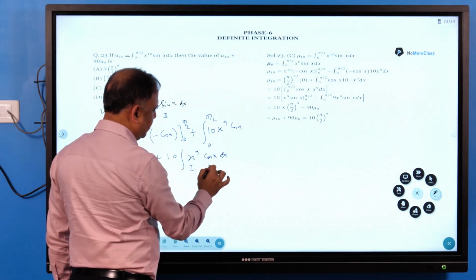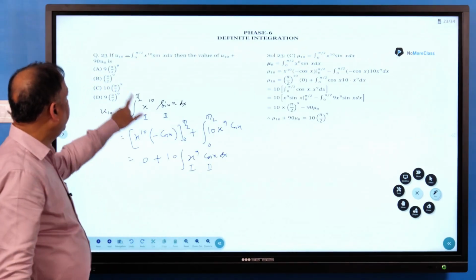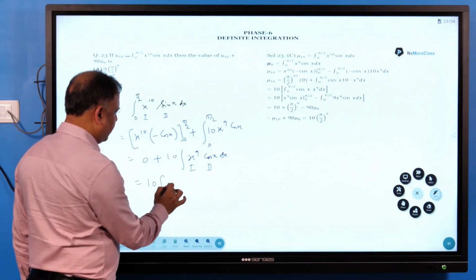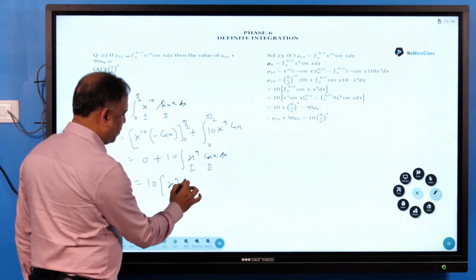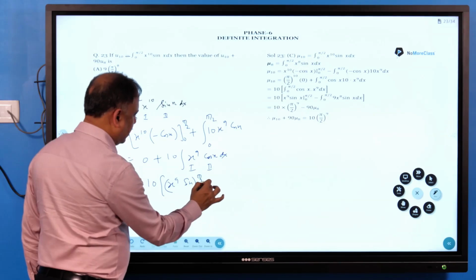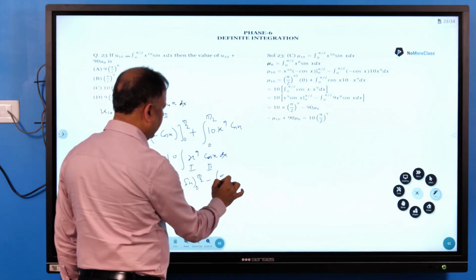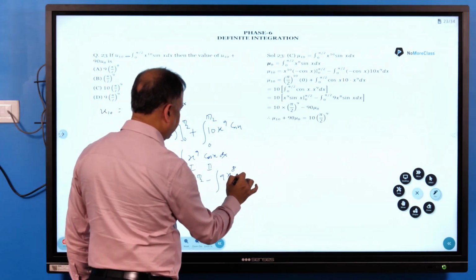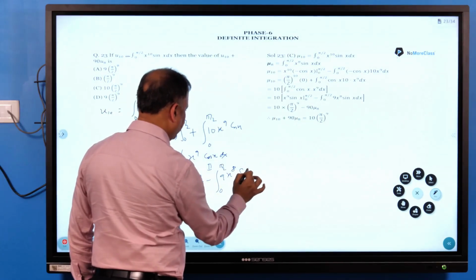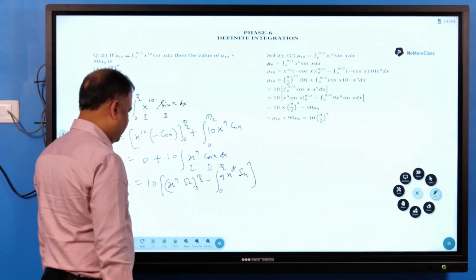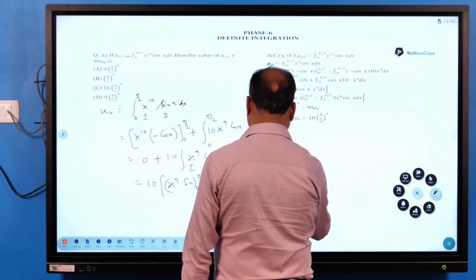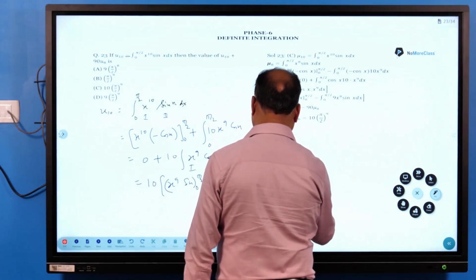So again take this as first, this as second. For 10 into 9, 90 will come. So this will be 10, first function, integration of cos x is sin x, 0 to pi by 2, minus integration, differentiation 9 x raised to power 8 and this is sin x, 0 to pi by 2. So when you put, this will be 10 pi raised to power 9 upon 2 raised to power 9 minus 0